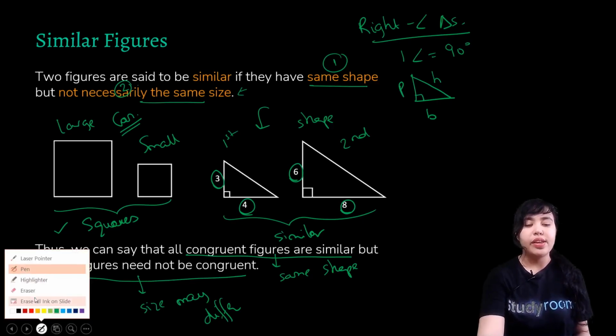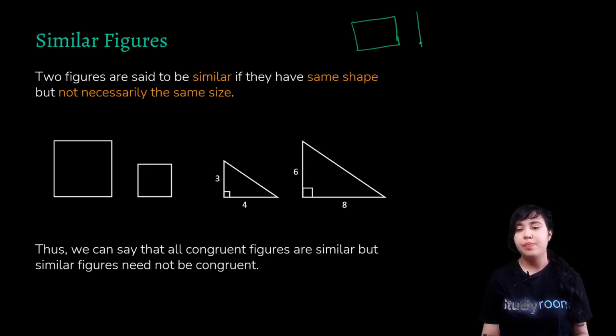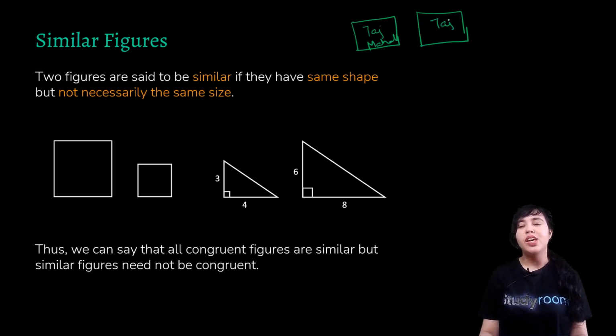Okay, so if I give you a photograph of Taj Mahal, you all know what Taj Mahal is. So I give you a photograph of Taj Mahal and the 2 photographs are of exactly the same size. Okay, and in both of them I have Taj Mahal. It's not written, but it's actually the picture of the monument in them. So can you say that they are congruent or they are similar or they are neither?